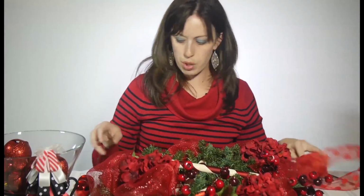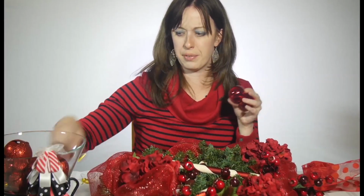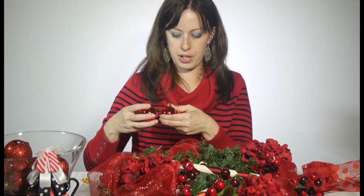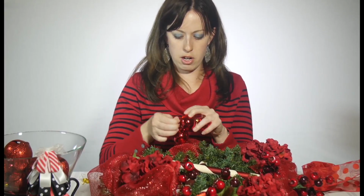I just don't want to distract from my ribbon bow that I'm going to do. One other cute tip that I was going to tell you, I have lots of these little unbreakable ornaments that I've had for years, different textures. And if you take the tops of three of them, again, bunches of three, you can make it look like little holly berries. So if you just thread them on the wire,